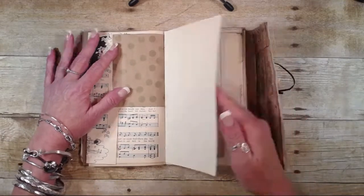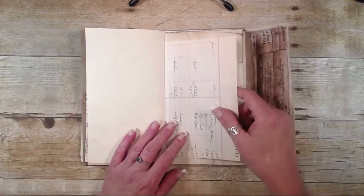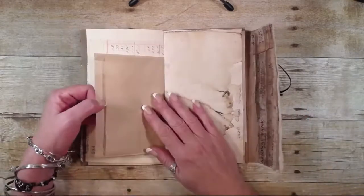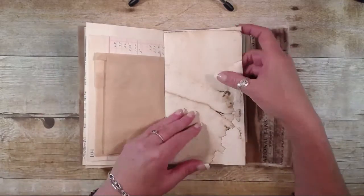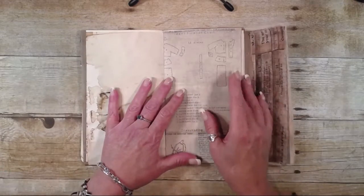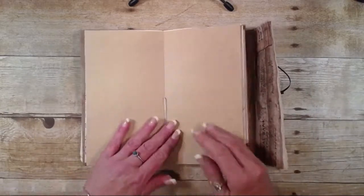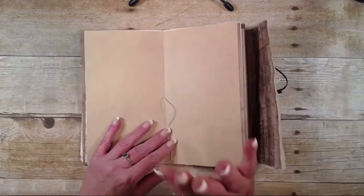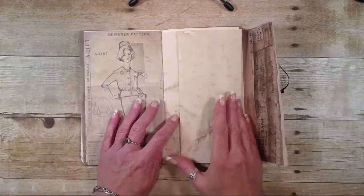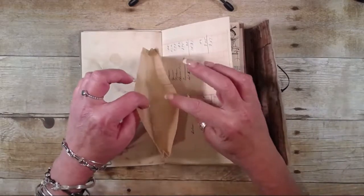This is letterhead for a business. This is a vintage ledger page from 1938, I believe. This is a craft deli bag. More of that coffee stained, it's just regular printer paper. Another Tim Holtz paper, nice and heavy. And there it is, it's neutral on the inside, and here are the strings where I bound it. If you don't like those, you can trim them off, but I kind of like how they hang out there. There's the other side of that Tim Holtz paper, copy paper, other side of that bag, and I just trimmed it so you have